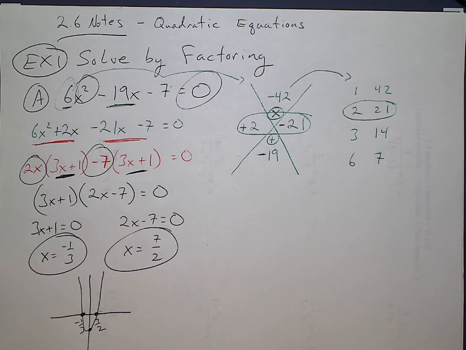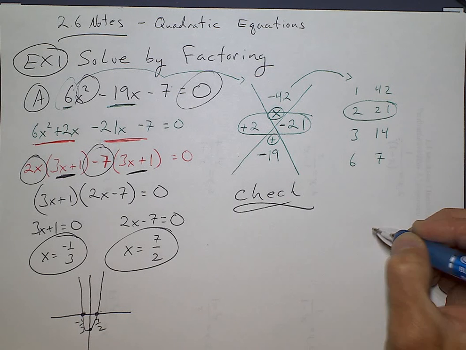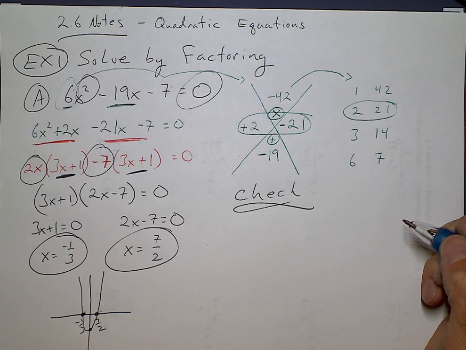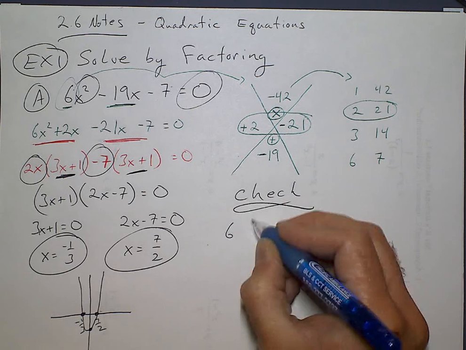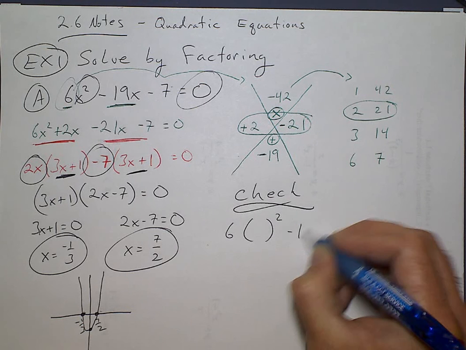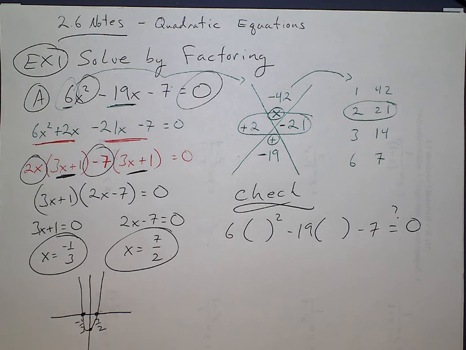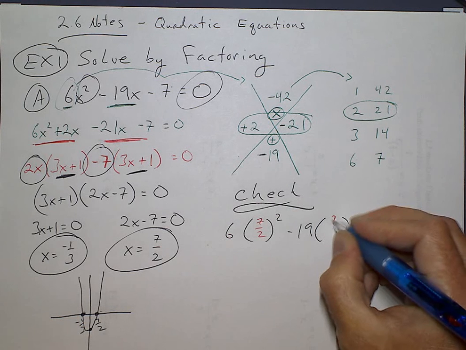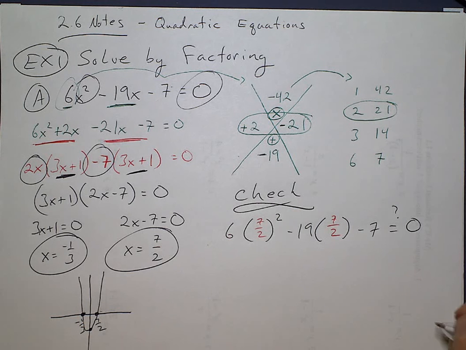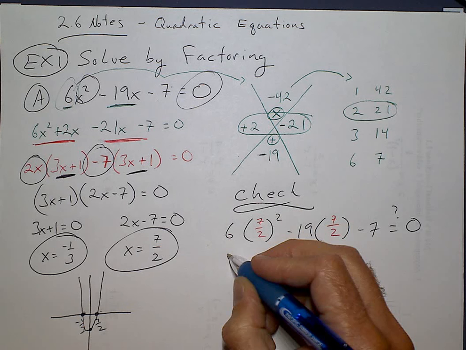The nice thing is that we can check this, because since we've got an equal sign, we can always check it. So let's go ahead and check our 7 over 2. And we're going to plug it in and say, does it equal 0? So I'm going to plug that 7 over 2 in. And you could get out a calculator for this, but I'm going to try to do it without. I'm going to go 7 over 2 squared, which is, what's that come out to? 49 over 4. So 6 times 49 over 4